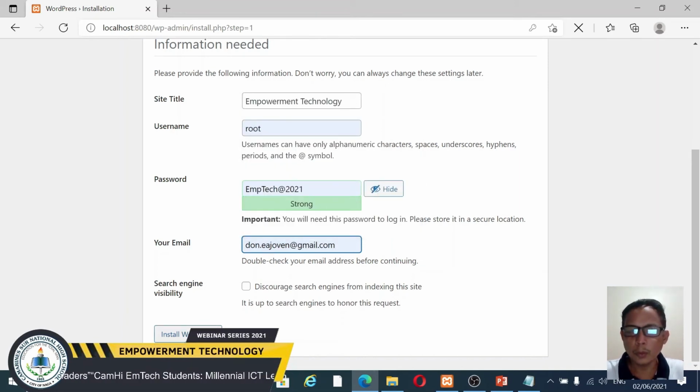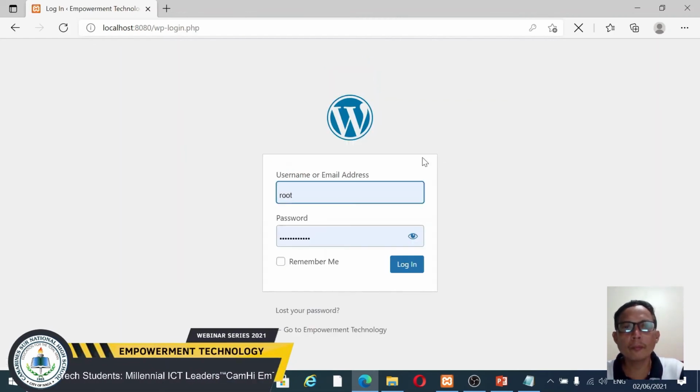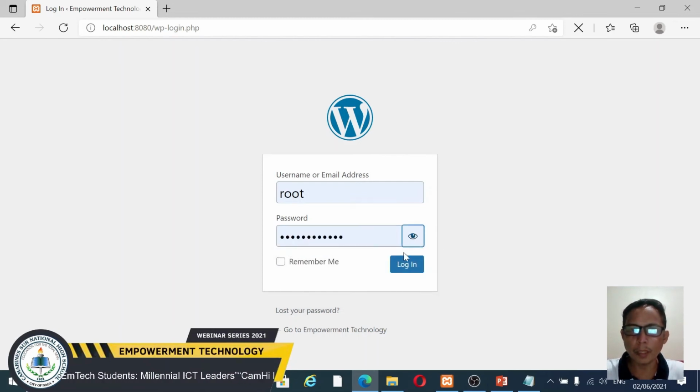To install WordPress, you click it now. Success. WordPress has been installed. Let's log in. We now have our own created WordPress. Our username is root, password EmTech, then login.